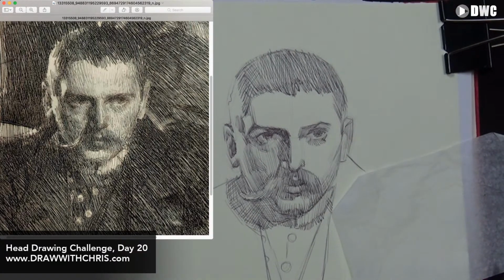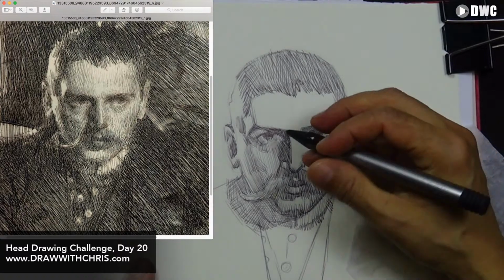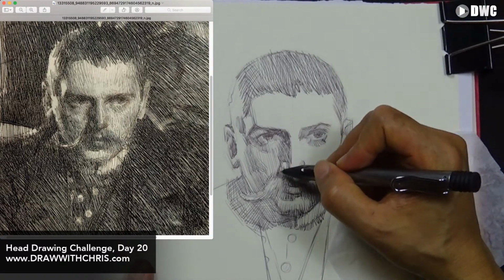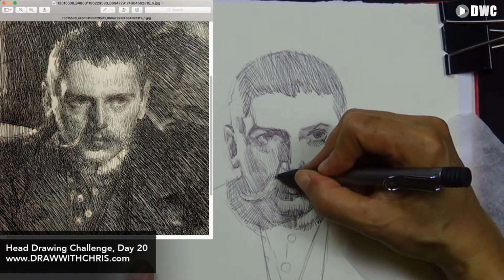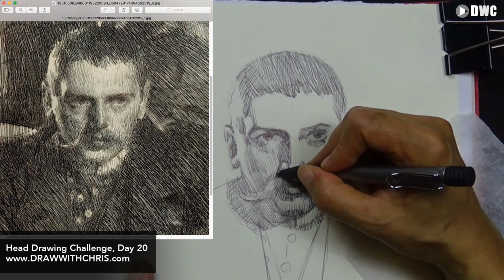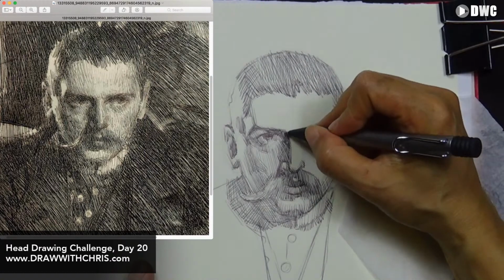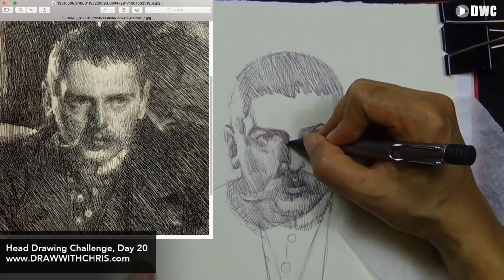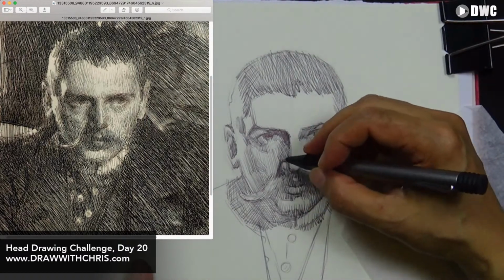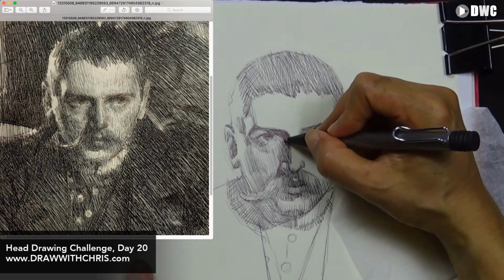All right, so what I'm going to do is punch in the darkest dark that I see. I believe it's this shadow shape. Well, I believe it's this little nugget here at his nose. That's the darkest dark, and this nugget in his eye, this little shape in his eye, in his eyebrow, actually,